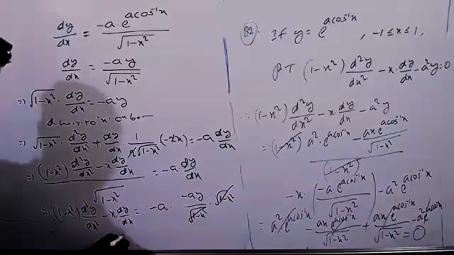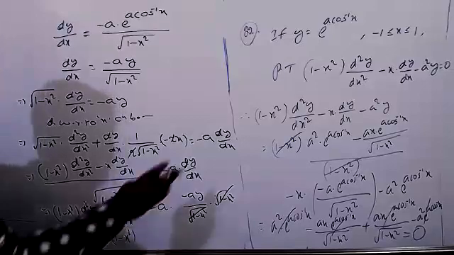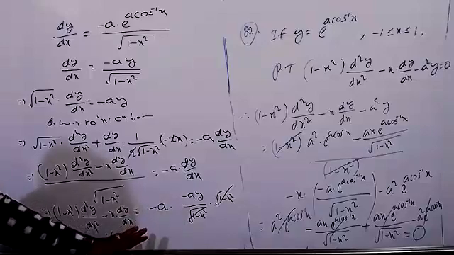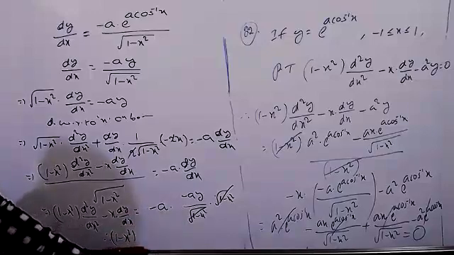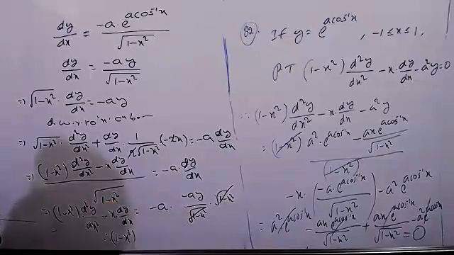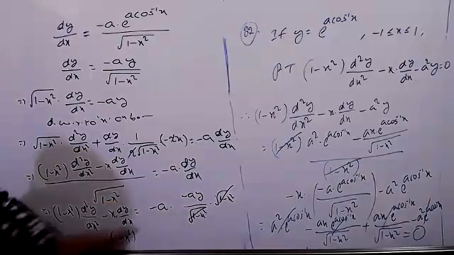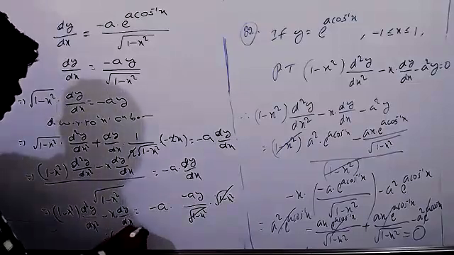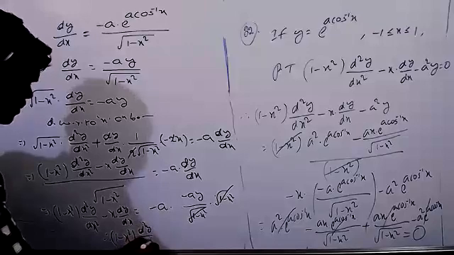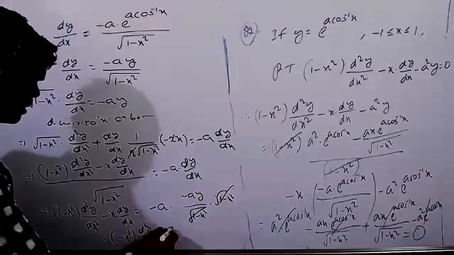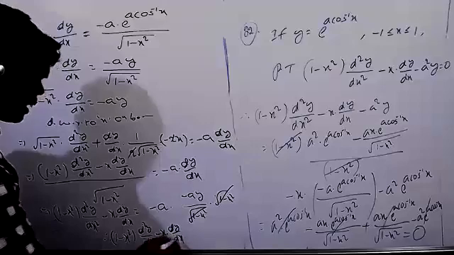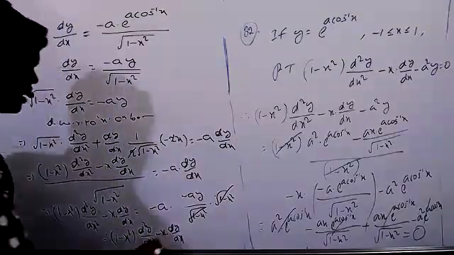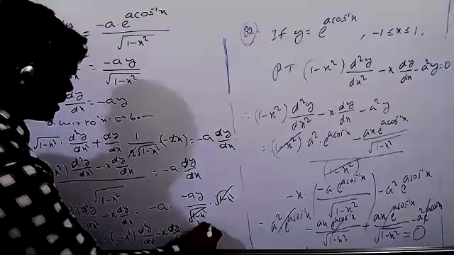Sir, this is the same question, the same problem. I will give the other method. Whatever you feel is easy, you can follow; it's your choice. The same problem, second method: 1 minus x square into d square y by dx square minus x into dy by dx. The minus into minus is plus, but a into a square into y, you can transfer to the LHS side. It becomes minus a square into y equals 0.